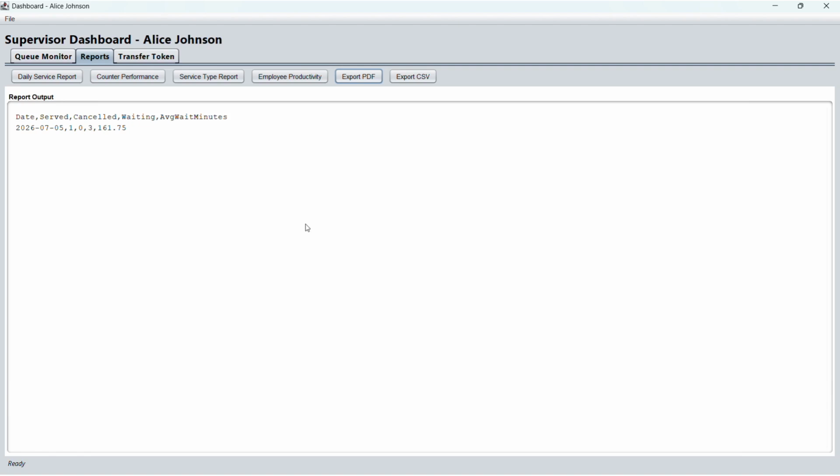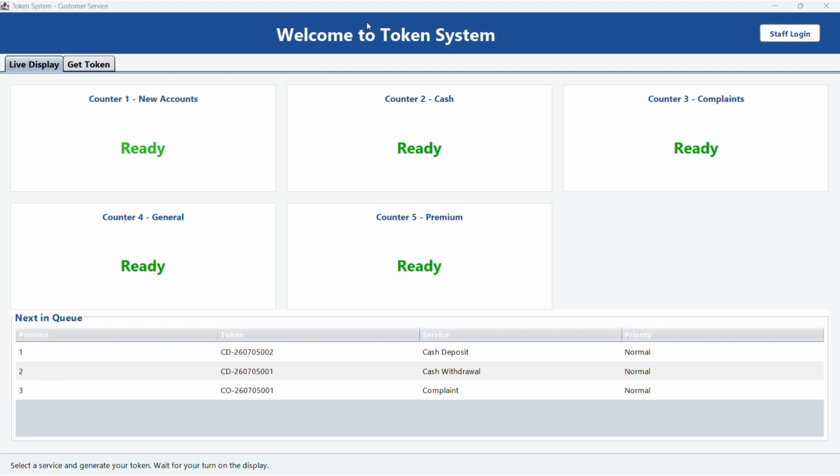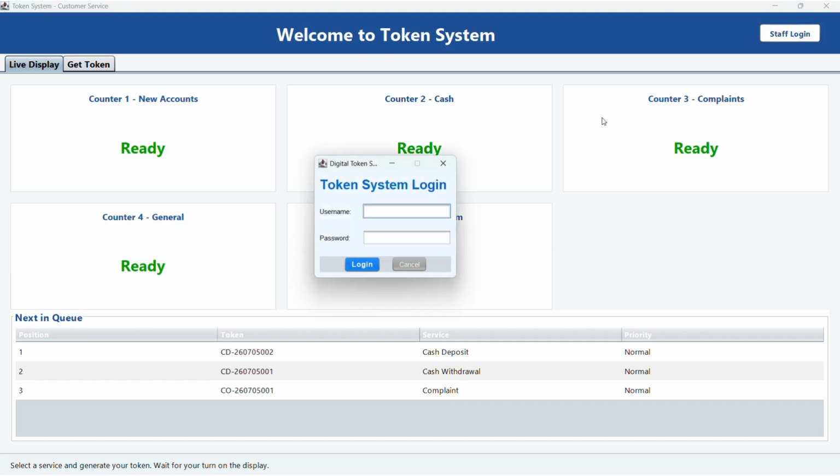Now let's move to the admin page. Finally, we have the system administration level. This is the backbone of the application. To access the admin page, we have to log in to the admin page to reach the entire configuration panel.